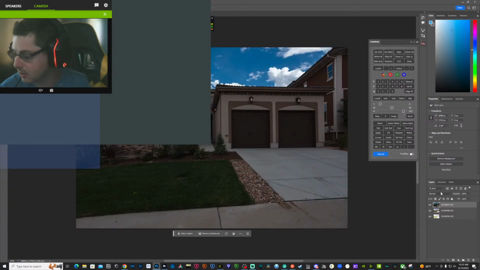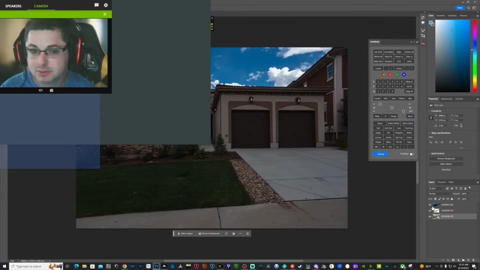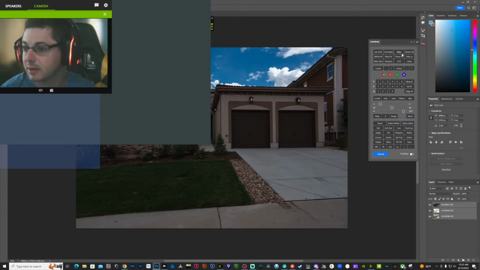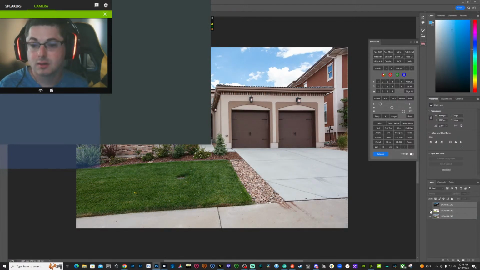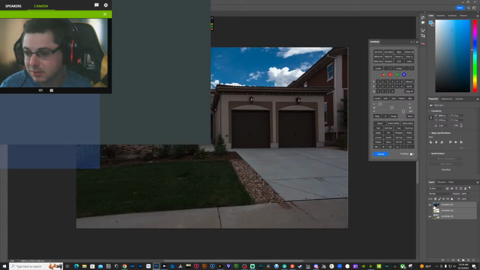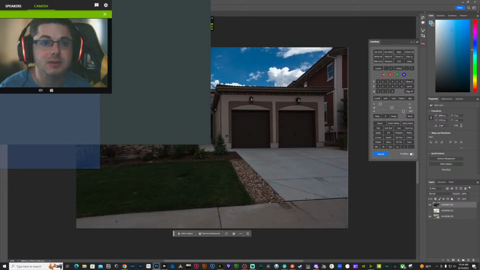Give those a second to load up here. We're going to drop our middle exposure to the bottom. We're going to have it align our layers. Honestly, I think we could just use this to blend in our sky. So let's have it select our sky here.